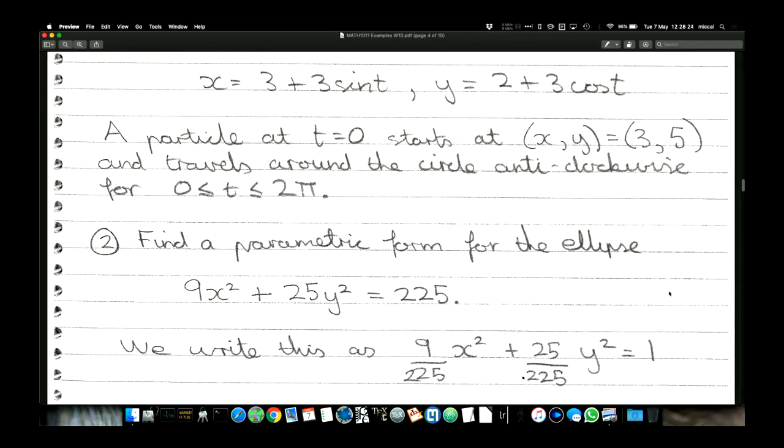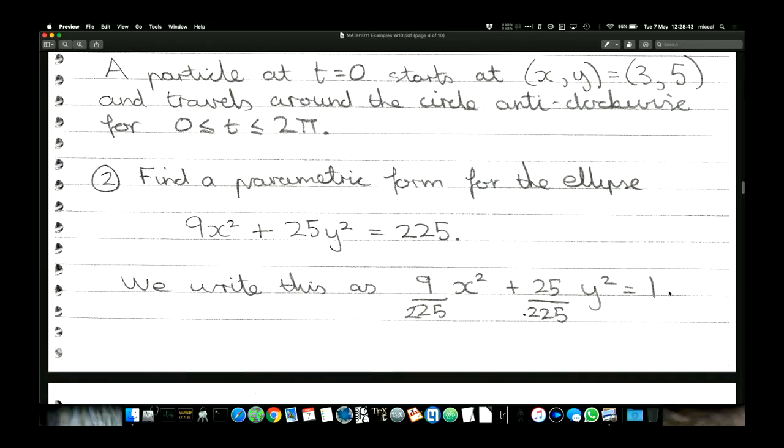What about this one? This is an ellipse: 9x squared plus 25y squared equals 225. So basically a football. If I can write that as something all squared plus something else all squared equals 1, and those two somethings only involve either x or y, not together, I could make it work. So if I play around with this and write it like this,